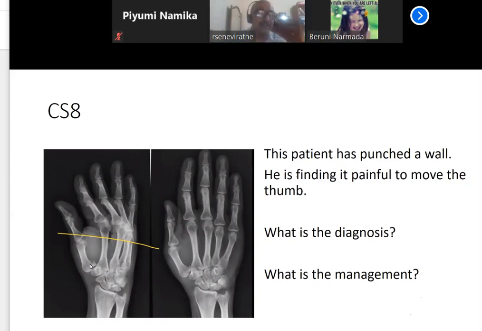Bennett, that's right. Bennett. Very good. Yeah, Bennett fracture. You can see that it's dropping to the side, it's unstable. So this will need internal fixation. Okay, Bennett fracture. So when you look at the hand next time,